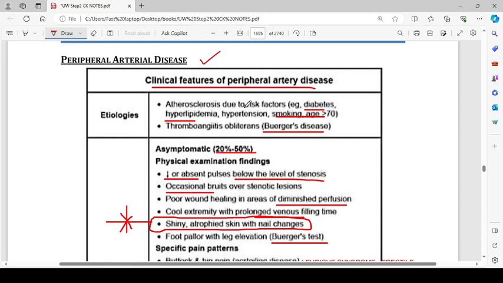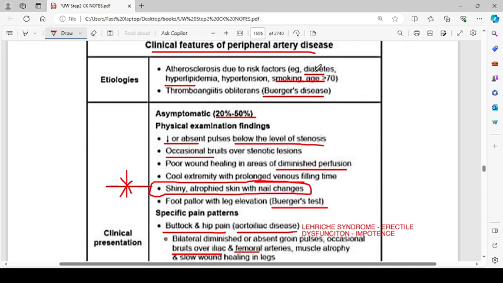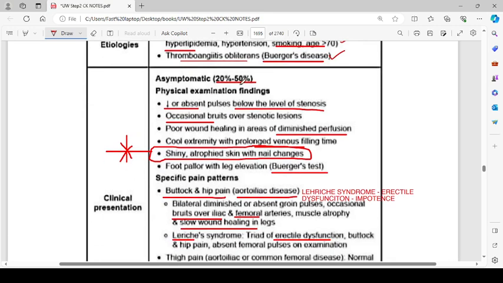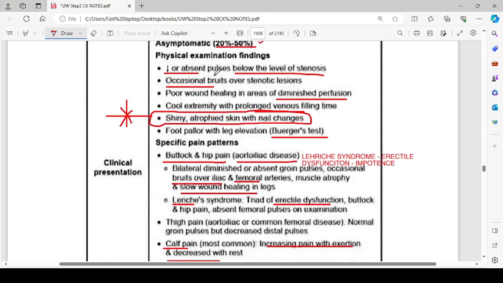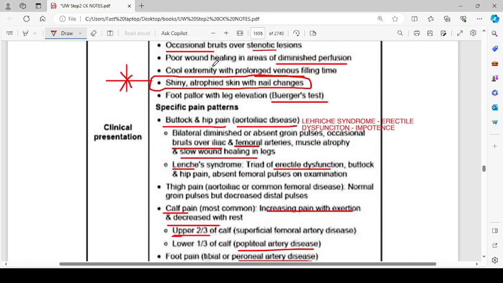What are the clinical features? Etiology: atherosclerosis due to the risk factors, for example, diabetes, hyperlipidemia, hypertension, smoking, age more than 70. Thromboangiitis obliterans, that is Buerger disease. It is a medium vessel vasculitis which is more common in middle-aged men who are chronic smokers. Okay, the clinical presentation: it is asymptomatic in 20 to 50% of the cases. Physical exam findings: decreased or absent pulses below the level of stenosis, occasional bruit over the stenotic region, poor wound healing in the areas of diminished perfusion, cool extremity with prolonged venous filling time, shiny atrophied skin with nail changes,